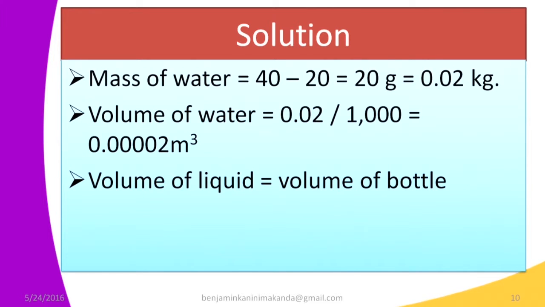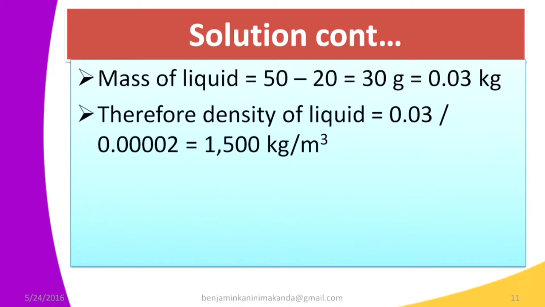We therefore calculate the mass of the liquid first. The mass of liquid is equal to 50 minus 20, which is going to give us 30 grams, and this is going to give us 0.03 kilograms. And therefore, the density of the liquid is equal to the mass of the liquid, which is 0.03, divided by 0.0002 meters cubed, which is the volume of the liquid, because this volume of the liquid is the same as